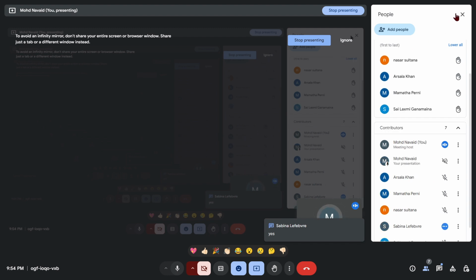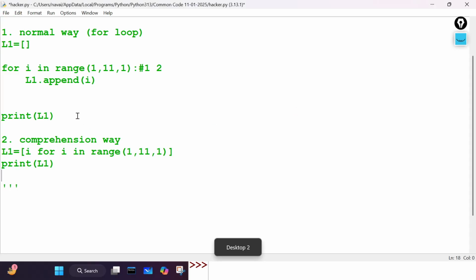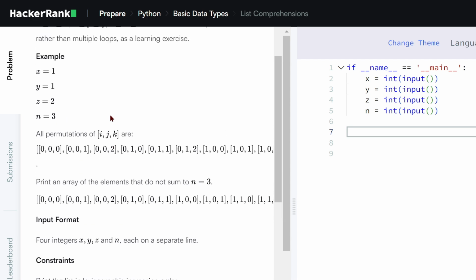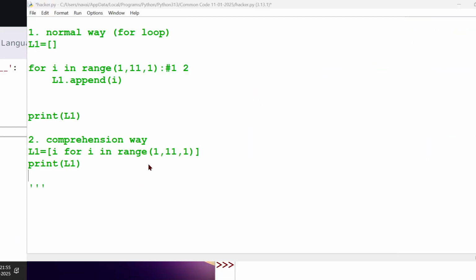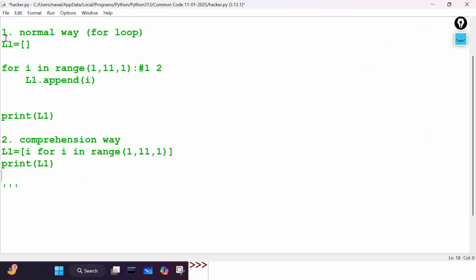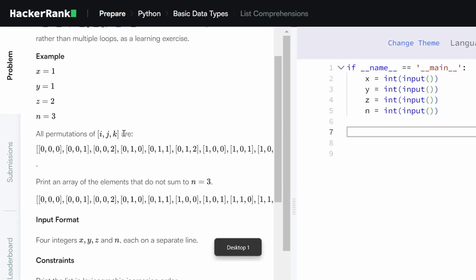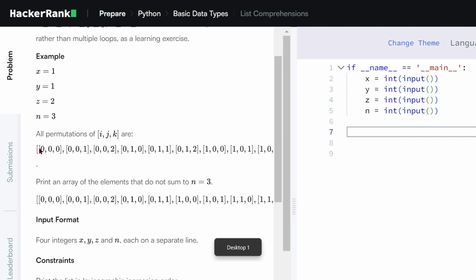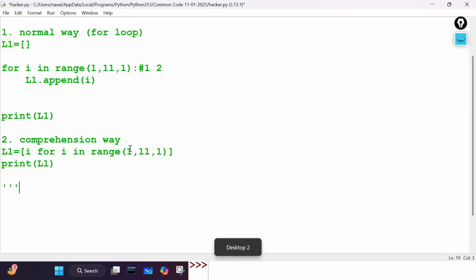Everyone is ready. Okay, so see, I'm not telling you this directly. Here we have IDLE or programming mode. Here we are practicing simple things, then we will attack this large problem. So what we have to do: can we print this three-digit list? The first thing: can we print a list inside a list using comprehension? Okay, so the next problem is